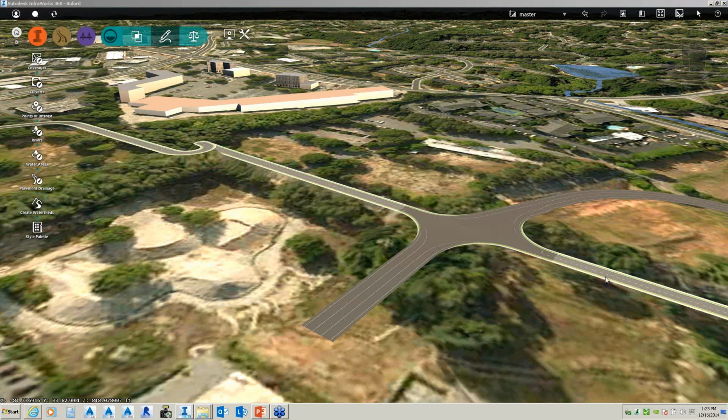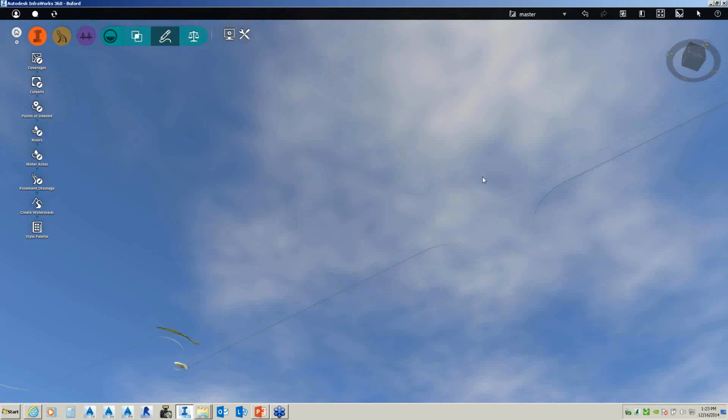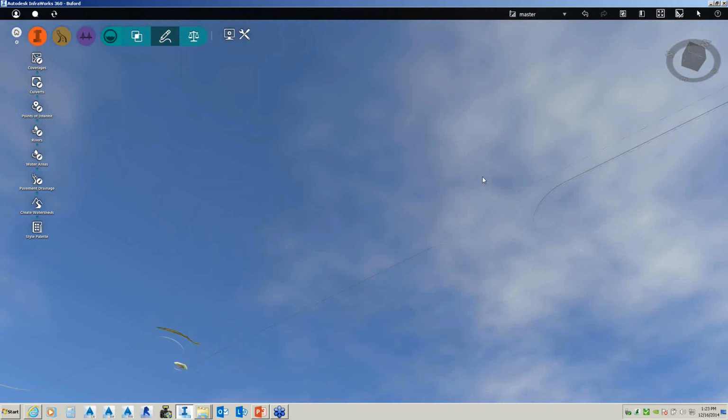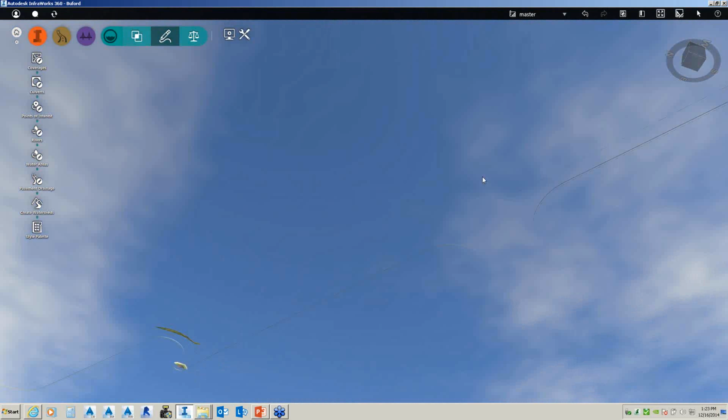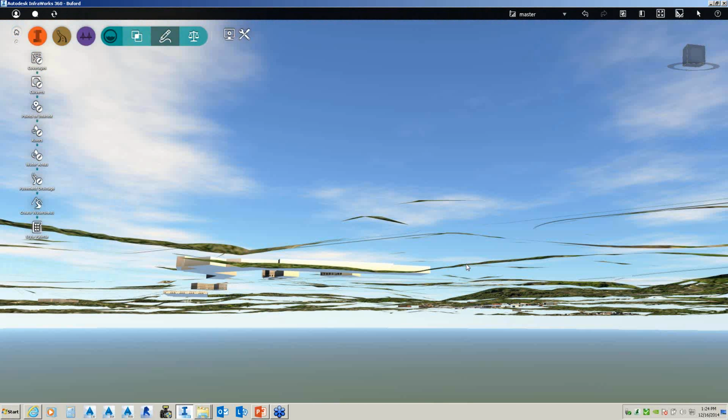Is there a way to not see through the existing ground when you are underground? I changed the opacity and it allows me to see through it.